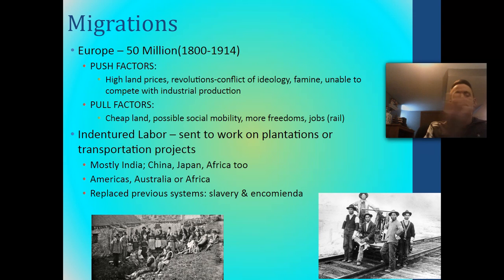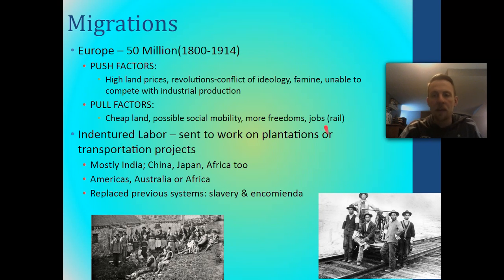And so a continuity is migration. A continuity is labor and the need for labor to increase empire and modernity. A difference, it's not slavery. These are wage earners, but not so much better than slavery necessarily. The other major difference, right, is a lot of this is now based on technological advancements. We're no longer laboring just on cash crops, although we are still doing that, but we're building canals and railroads and infrastructure to create a more modern